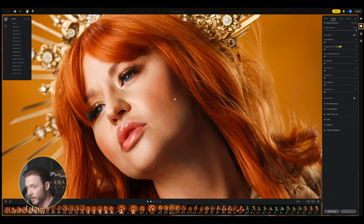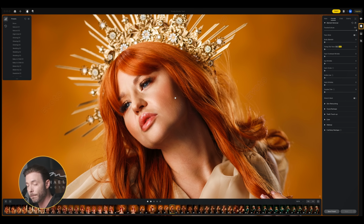It does not get rid of the texture, which is really important because the tools that we've had up until this point will usually nuke the entire texture in the skin. Now, for many of you watching this video who like a more natural look, that might be all you need to do, right? That might be it. And it takes away a lot of the manual work that you'll spend with a healing brush, brushing this out